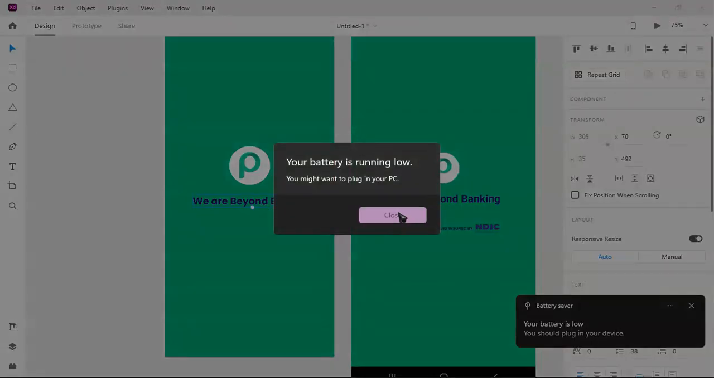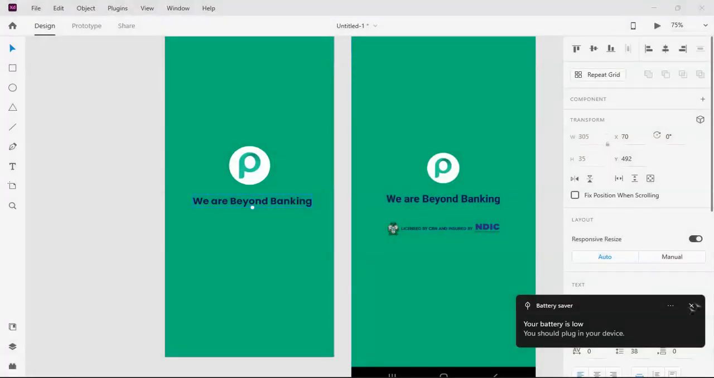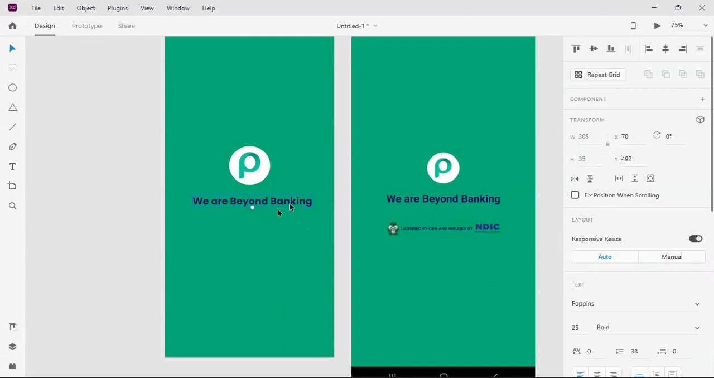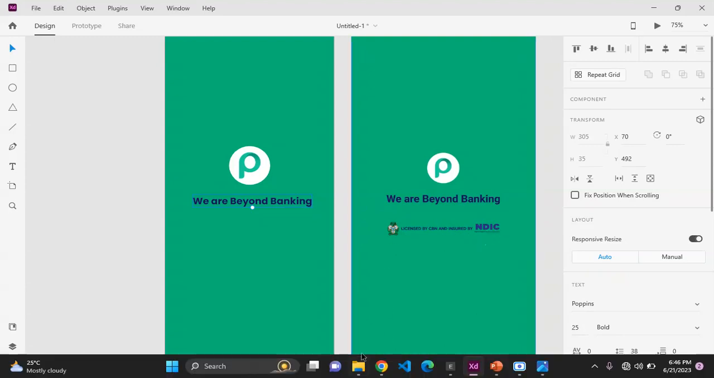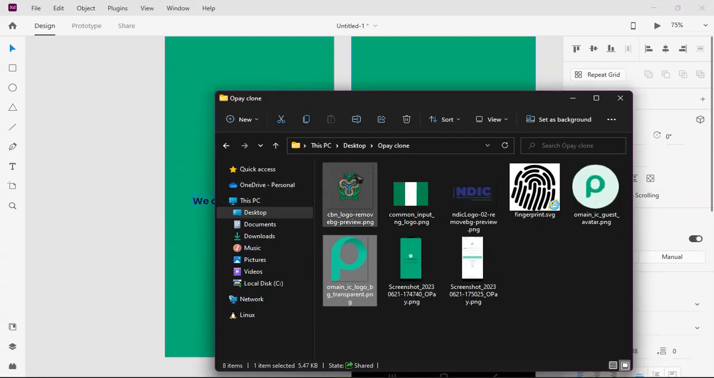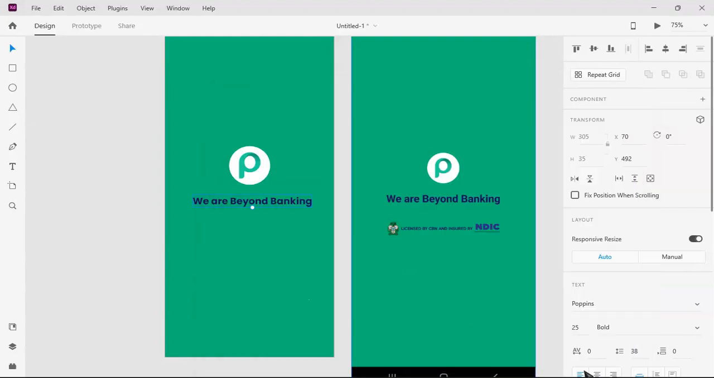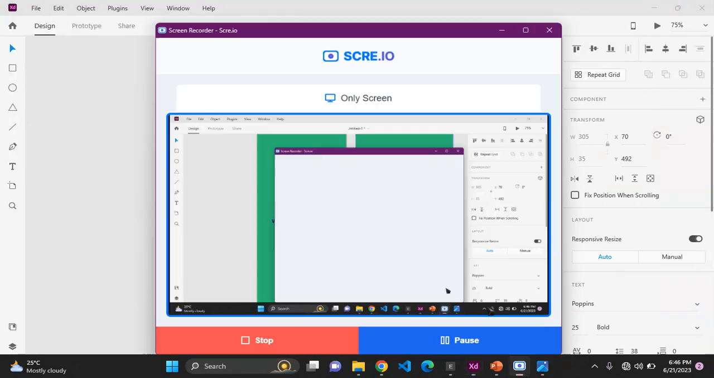So all we need to do. The system, my PC is getting low, but that's not a problem. So what we need to do now is the text "licensed by the CBN and insured by the NDIC." So I have our images here. I have the images here. So I will get right to that. Yes. If you just give me a moment, let me fix my